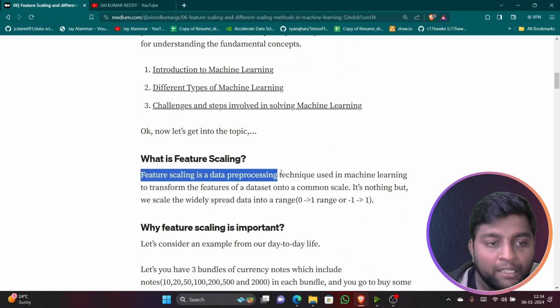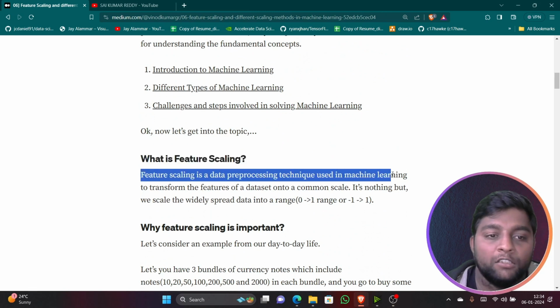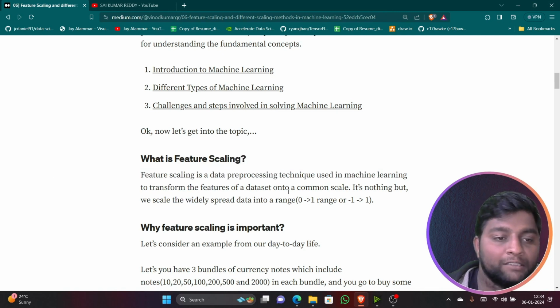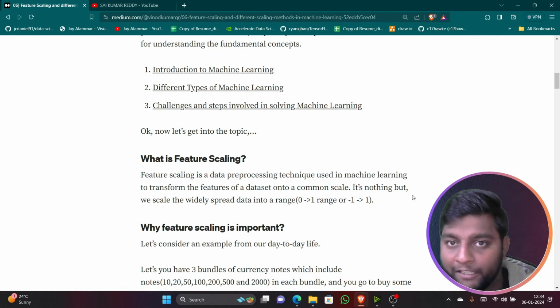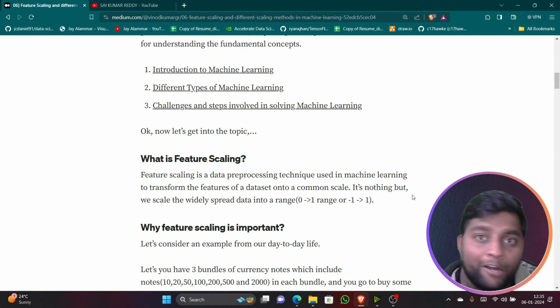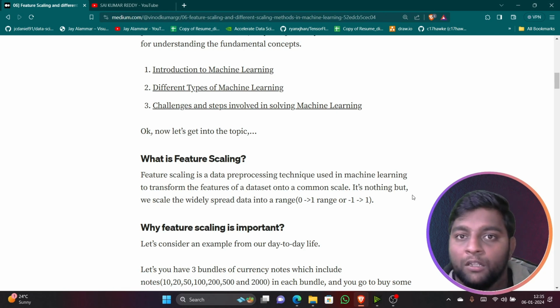Feature scaling is a data pre-processing technique used in machine learning to transform the features of a data set onto a common scale. It's nothing but, you have a wide range of data or high sparsity data. There are many features, and some features are very far apart. For example, if you take a graph,